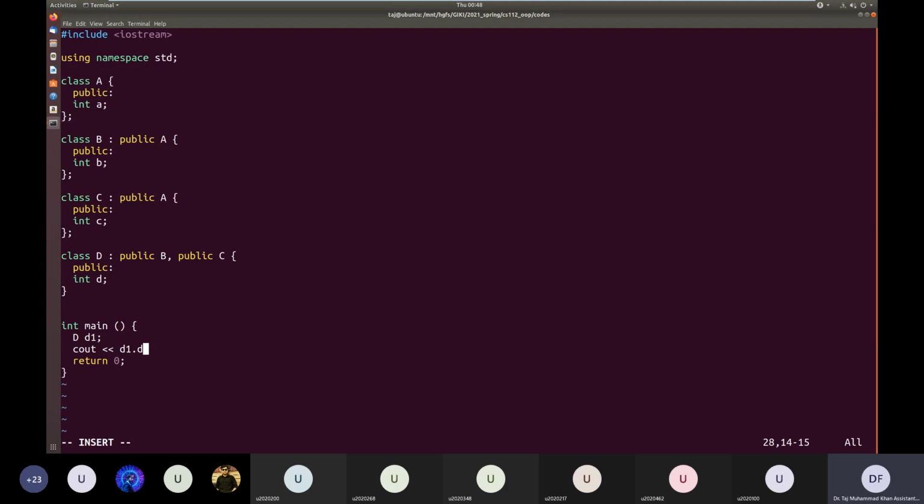So for the moment, let's just access D1 dot B, dot C. For the moment, we don't access the member variables of A, just to show that the member variables of B and C are present in D, an object of class D. Okay, D1 contains member variables of B and C as well as its own member variable D. So we don't worry about the values right now; they are uninitialized, but that's not our concern.